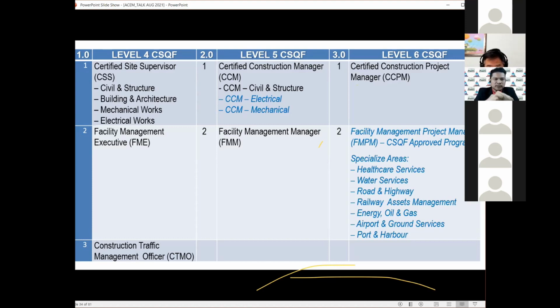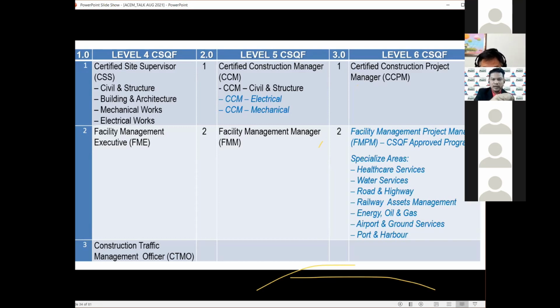We have certified such as CSS, FME, we have CTMO. At level 5, we have certified construction manager CCM, and we have FMM here. Then we have level 6 over here, which is certified construction project manager CCPM, and FM PM, CSKF approved programs, where they will become level 6 in future. We are planning for that.